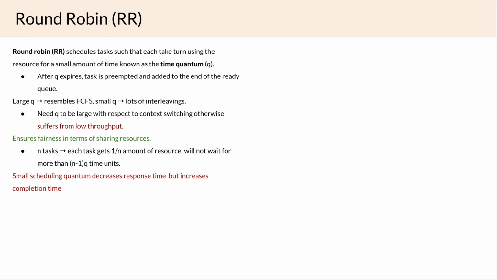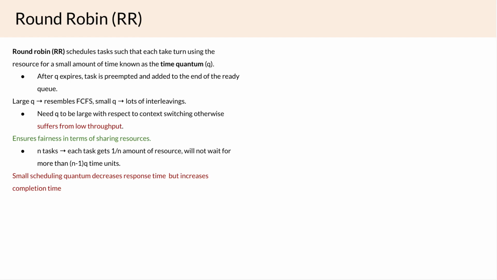And the main appeal of round robin is that we ensure fairness in terms of sharing resources. So we consider a system that has n threads or tasks. With round robin, we're effectively giving each task or thread around 1/nth of the resources, in this case, 1/nth of the CPU time. And so we know that each task is not going to wait more than n-1 times q time units,